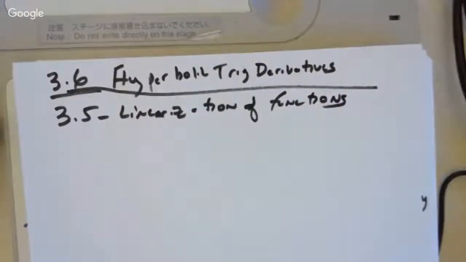3.5. Yes, I do skip 3.5. I've never taught 3.5. 3.5 is the linearization of functions. Find the equation of the tangent line. Have we been doing that all year? Yeah, it's really weird they spend a whole section on it when you should be talking about that the whole year, because there are questions on that the whole year. We've covered that throughout the entire year. There's a Newton's method that is involved in that, but I'm going to cover that when it comes up in the integral function because that's where it's more relevant.